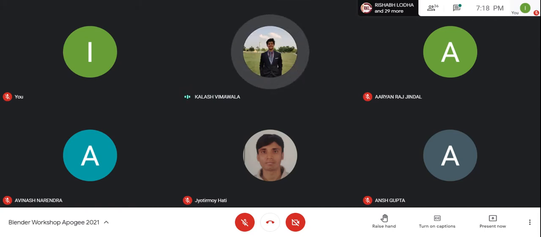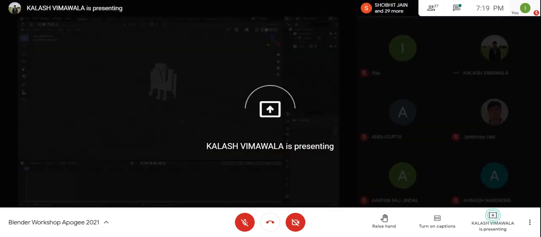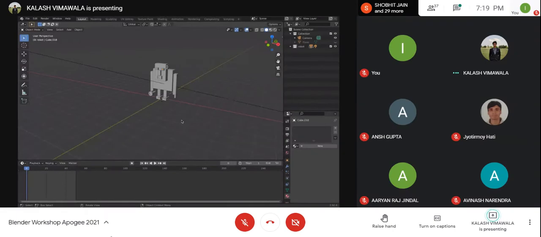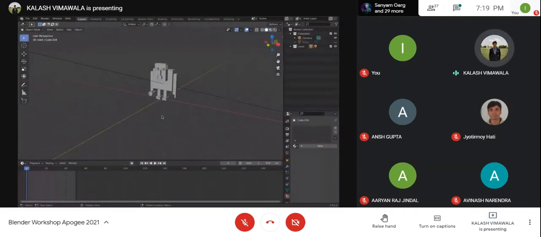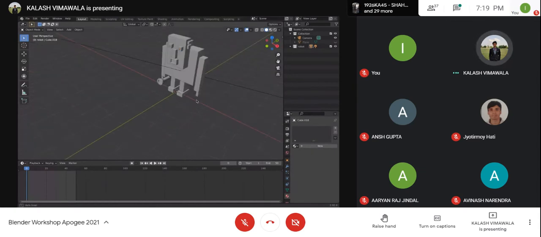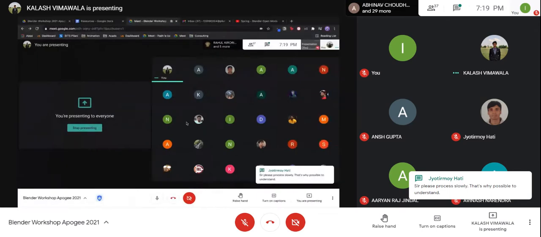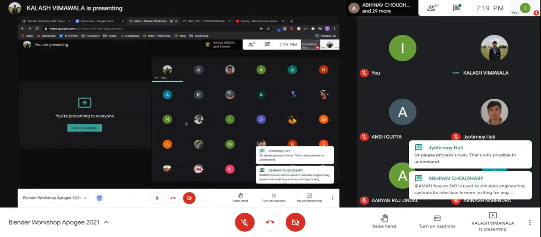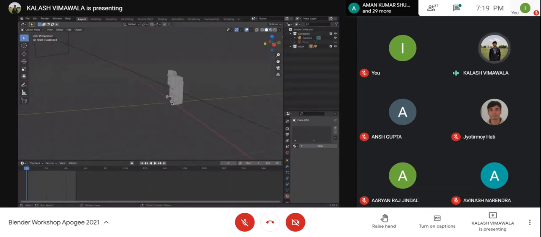I'll go ahead with the presentation and working. I hope my screen is visible. So this is the robot file that we 3D modeled earlier, yesterday. Okay, I'll be starting with this.